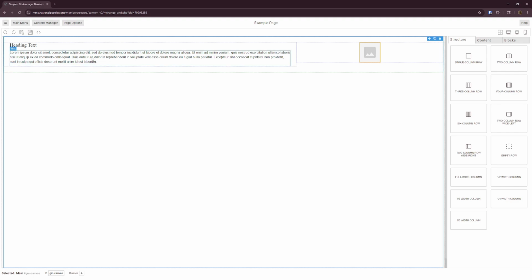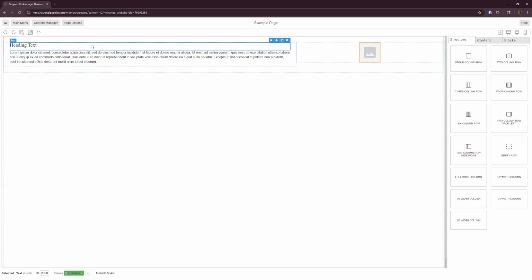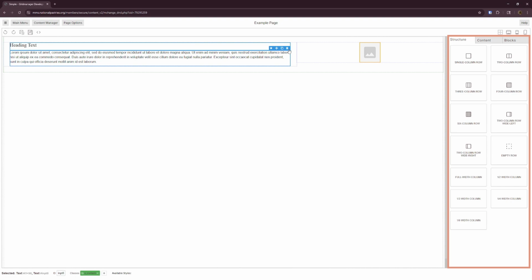Clicking on the existing page components will select them. You can also hold left control and click multiple components to select them as a group. When selected, a blue toolbar appears with contextual options like moving, cloning, or deleting the selected components. On the right side of the editor is where you can add new components by clicking and dragging them onto